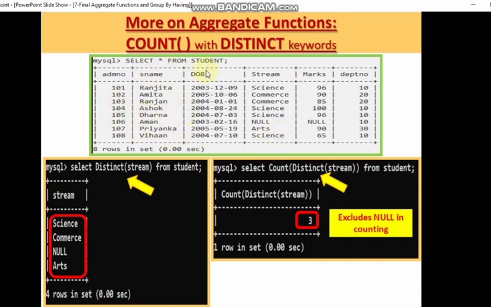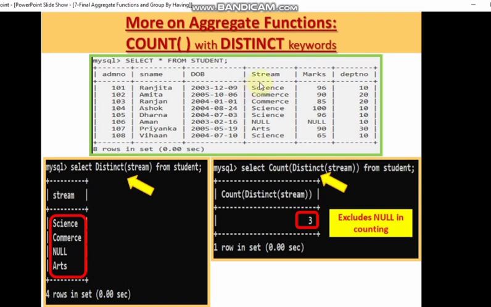Now this is the student table which we have seen in previous videos also: admission number, S name, DOB for date of birth, stream, marks and department number. From this table, if you use distinct stream, now this is not an aggregate function, it simply removes the redundant values, that is the duplicate values, and shows each value once.